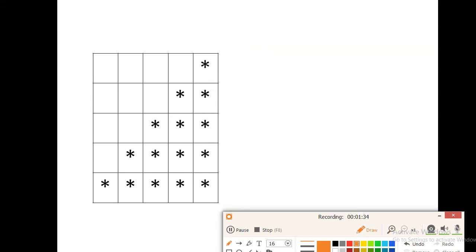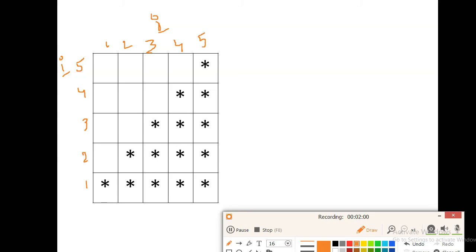Here I am declaring the i variable, and here I am declaring j. Here the i value starts with 5, 4, 3, 2, 1. The j value starts with 1, 2, 3, 4, 5.